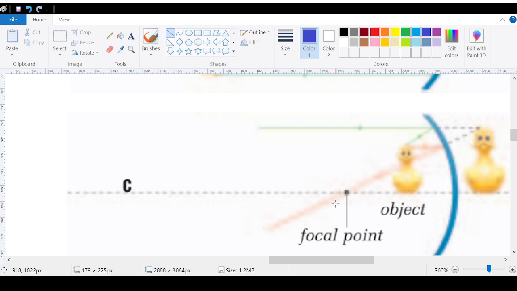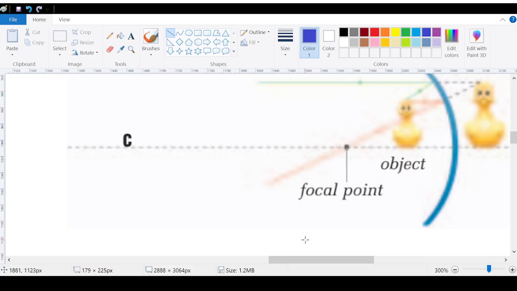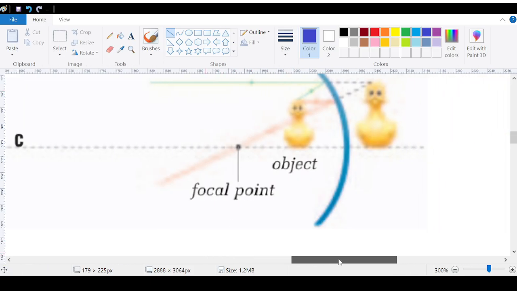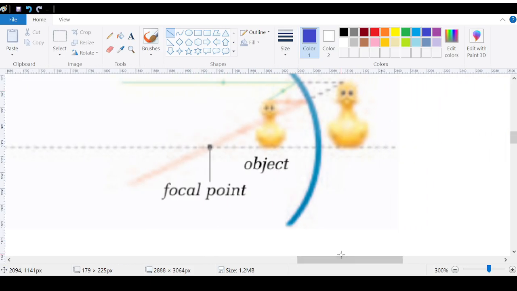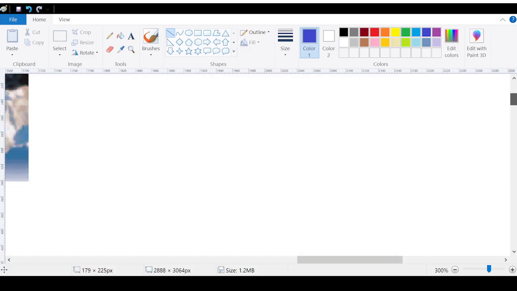If you can get your face right at the focal point, you'll just see a blob. It'll be like a super enlarged skin cell, basically. That's what it will look like. Anyway,